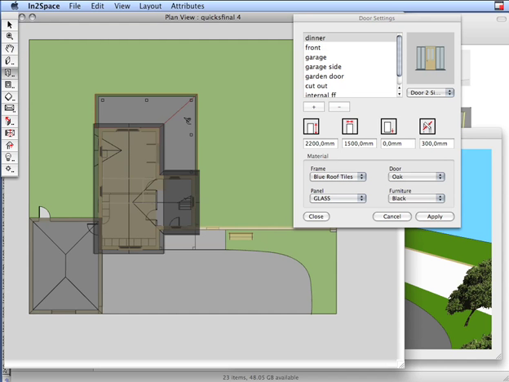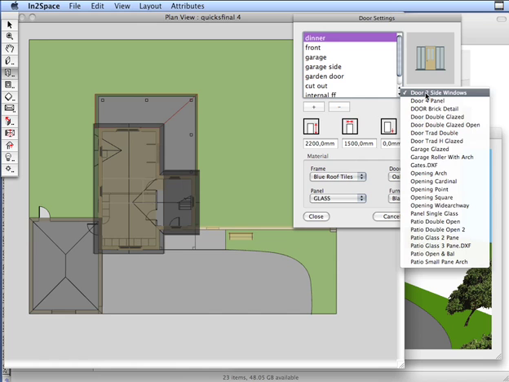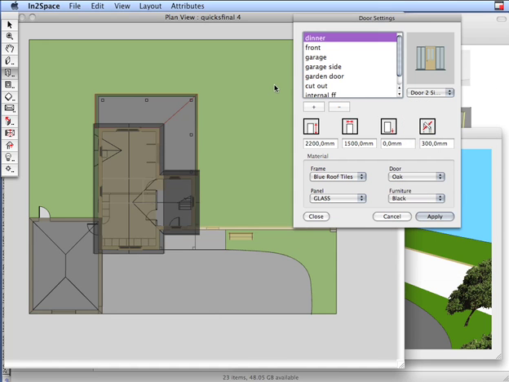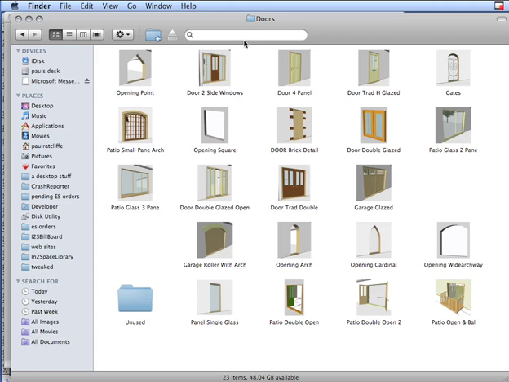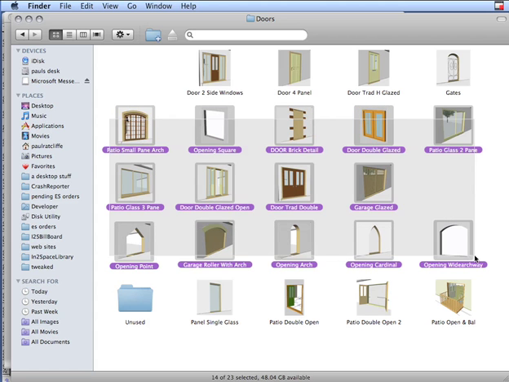Here's a tip on using and managing your library files. As you know, we have our libraries down here in the pull down for doors, windows, symbols, etc. As that list grows, it starts to become rather unmanageable. We can simplify that. If we go into the actual doors library, the folder where all the items actually sit, it's these top 4 items that we're actually using within our model. I'd imagine it's fairly typical for most people to use a fairly simplified set, and obviously lots of duplication going on. If we simply move